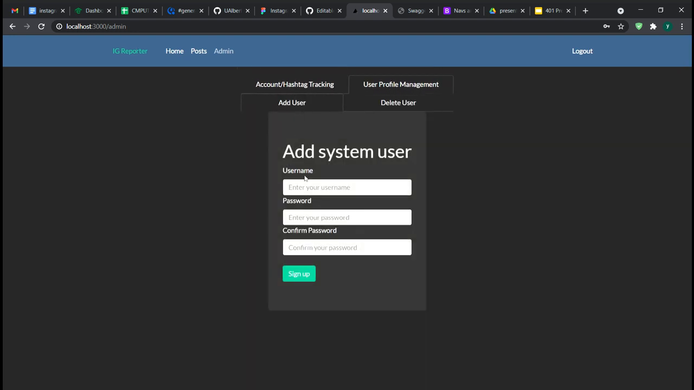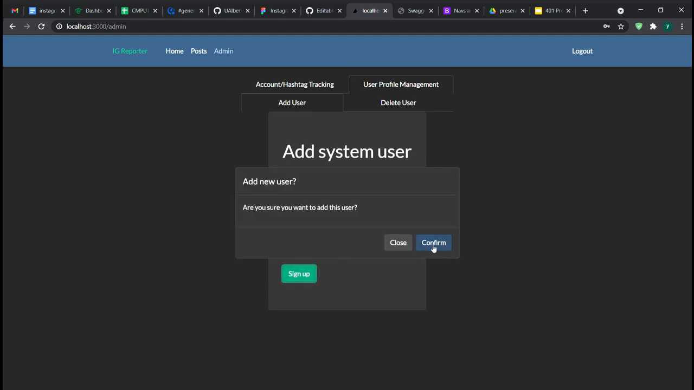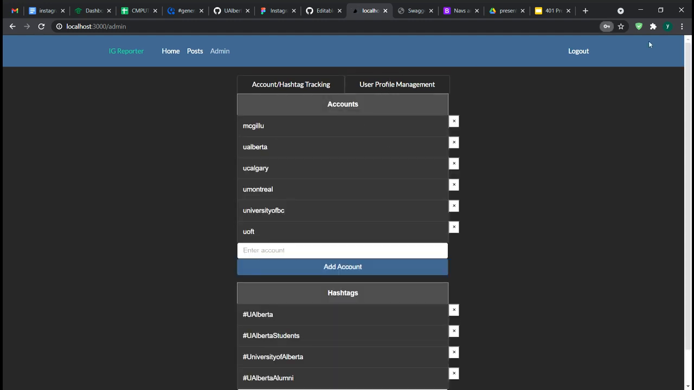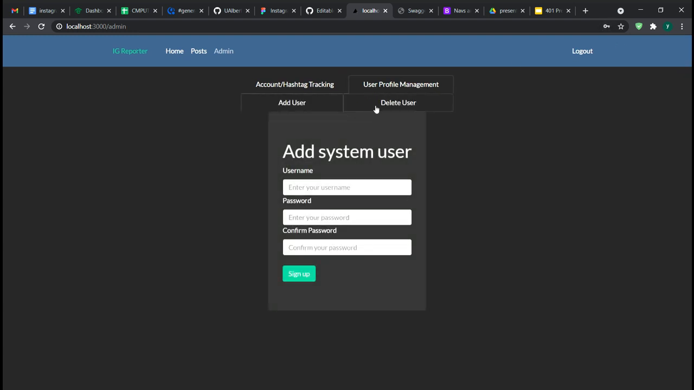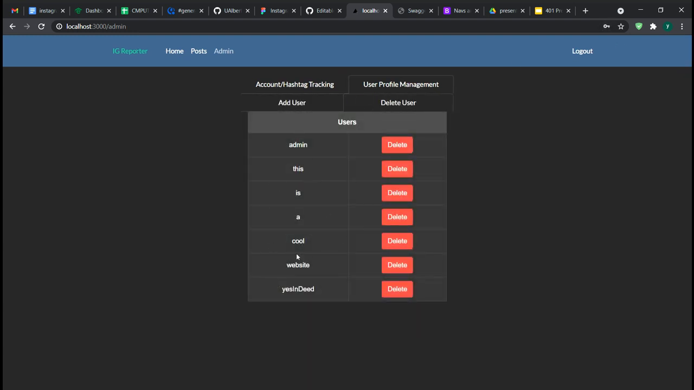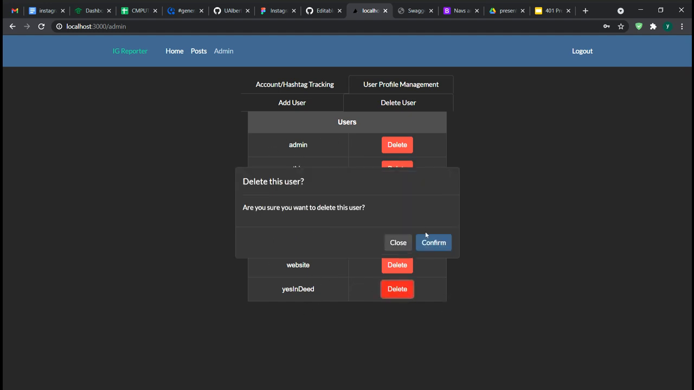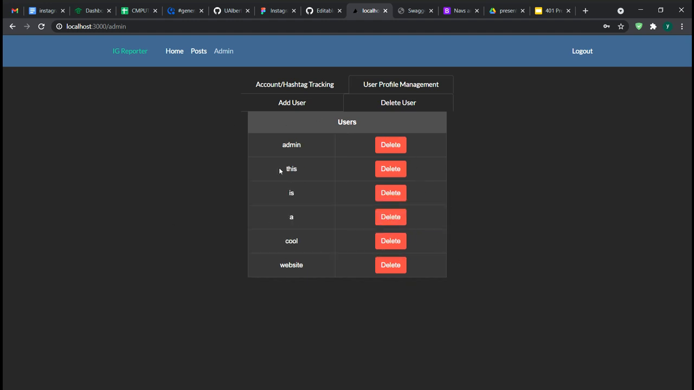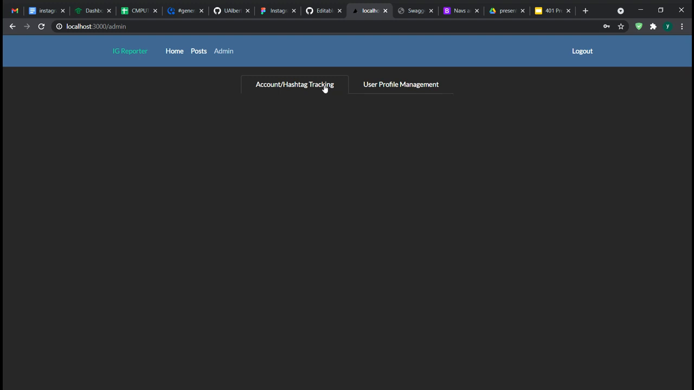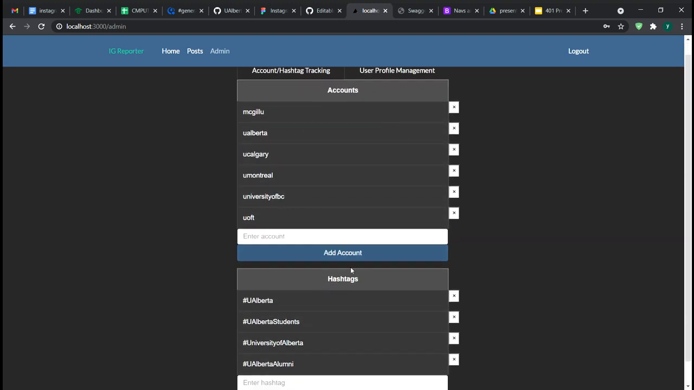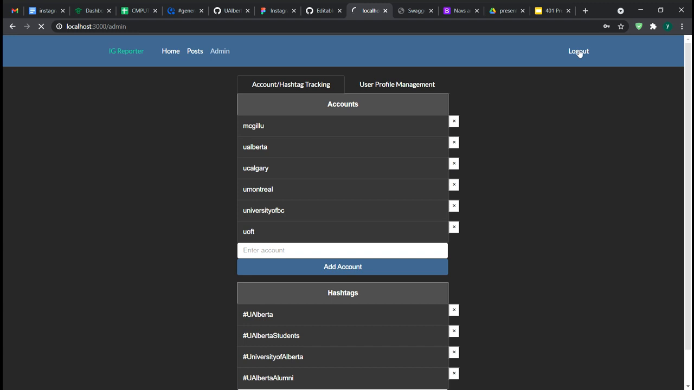Moving on to user profile. Here you can add a username. And the password has to be at least 8 characters long. Then you can just confirm. Bam, you created a user with a username. Here you can see all the users that are there and you can delete if you want any. Like I'll delete this one. You can confirm. So this is how the add user and delete user works, and this is how the hashtag and account tracking works. You can then log out